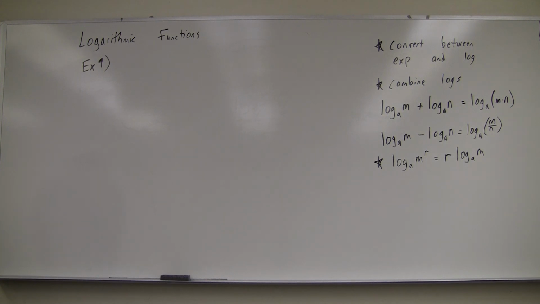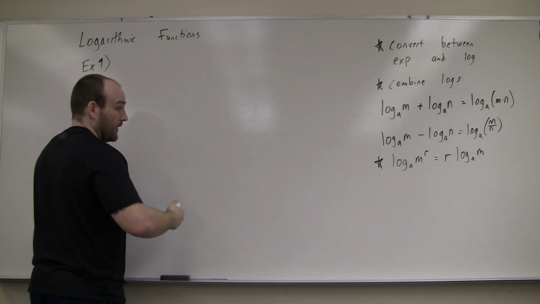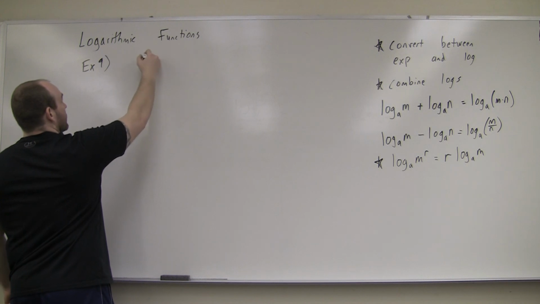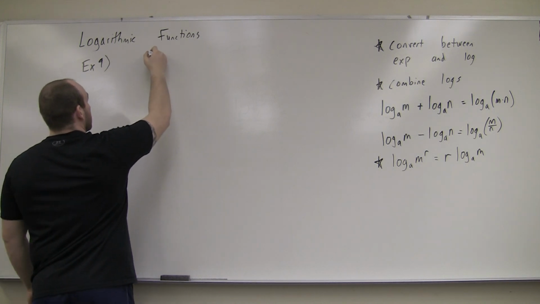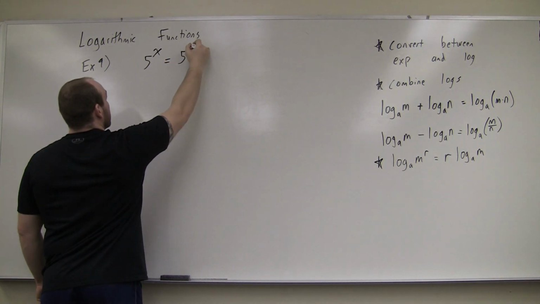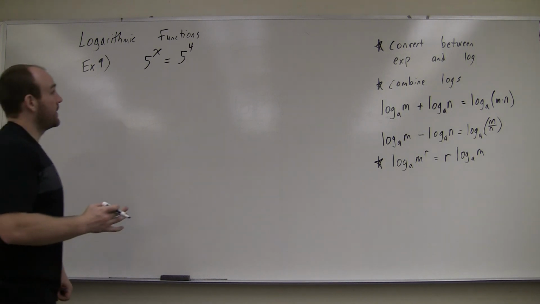So what we can do is, if we have something like this, this is less of an example, more of a here's-how-things-work. Let's say we've got 5 to the x equals 5 to the 4th. Okay, so now obviously you should be able to tell me that x is 4, because that would be the only way to make that equivalent. But what I want to do